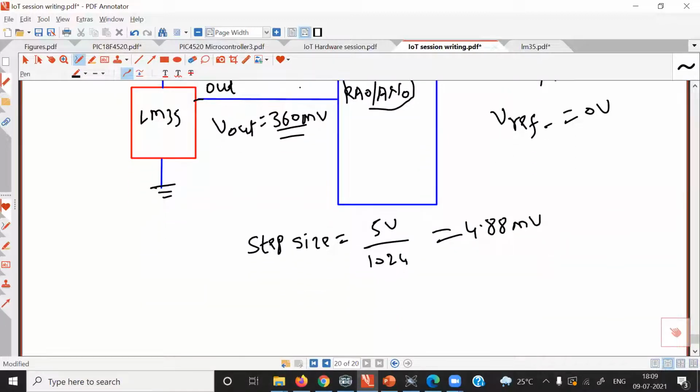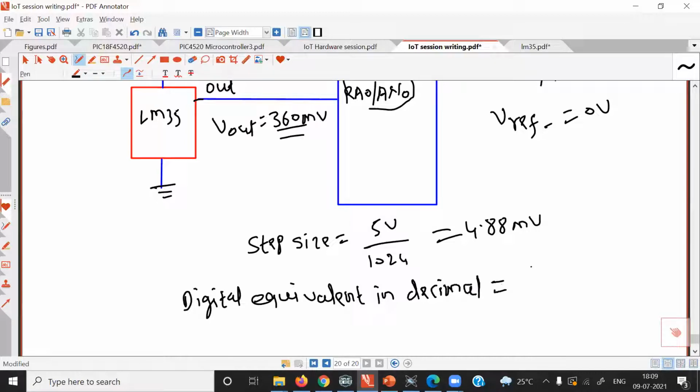Now what is our analog voltage here? 360 millivolt. So the digital equivalent number in decimal is equal to the analog voltage divided by the step size.